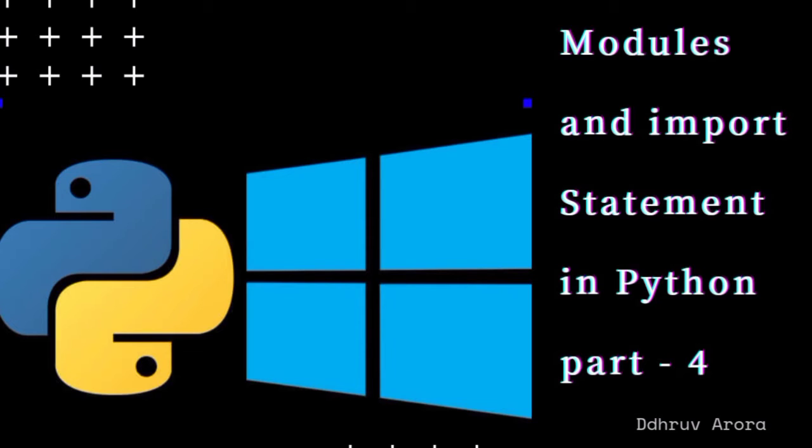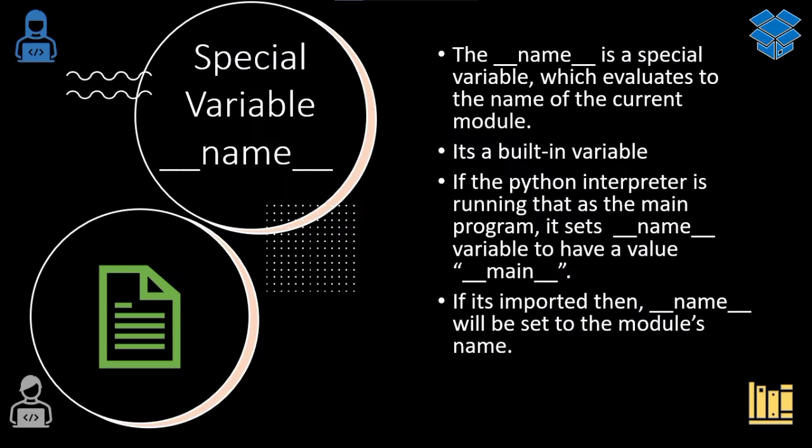So hello guys, let's continue again. So let's understand the use of the special variable __name__ in Python. It is a special variable in Python which will evaluate and set the name of the current module depending upon how it is being used. Suppose we are using the module directly by giving the command python and writing the name of the module with extension, then the __name__ variable will be set to __main__. But if we are importing it, then it will be set to the name of the module.